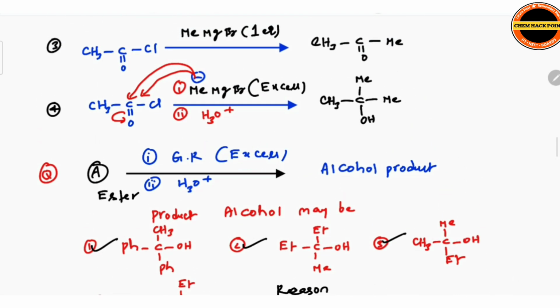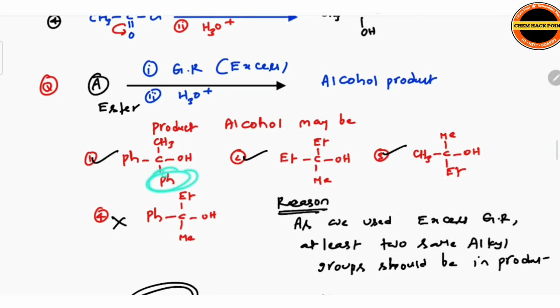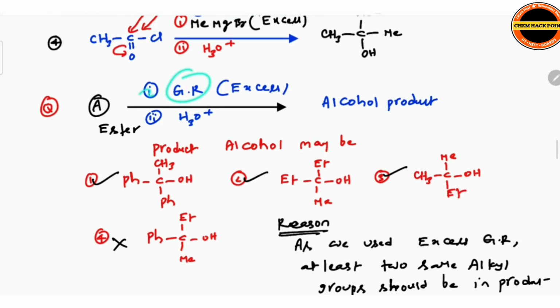two alkyl groups come from the Grignard reagent. Two alkyl groups coming from the excess reagent, so at least two groups should be the same, like Ph. Here also, see the product alcohol, see ethyl. Any combination you can take for the Grignard reagent, it may be PhMgX, it may be aryl also, or EtMgX. If it is in excess, two Et groups; if I take PhMgX, two Ph groups,